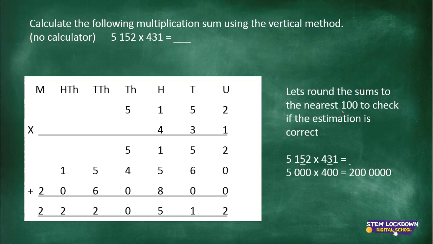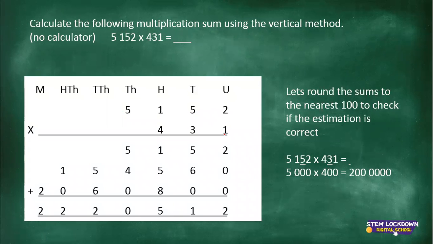Okay, let's not do this, let's just do this because it will take some time. So we're going to have 5152. We're going to multiply it with 431. So first we're going to multiply